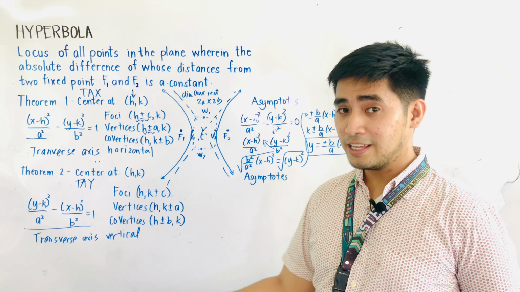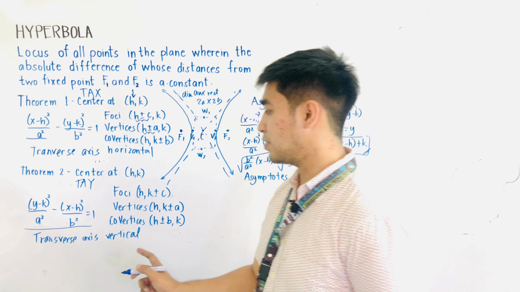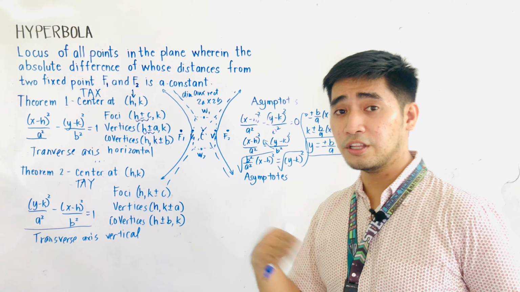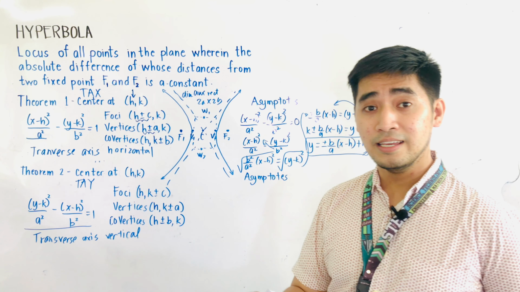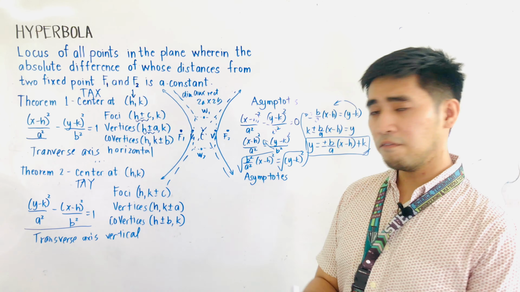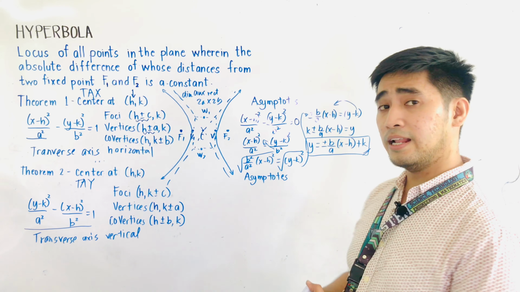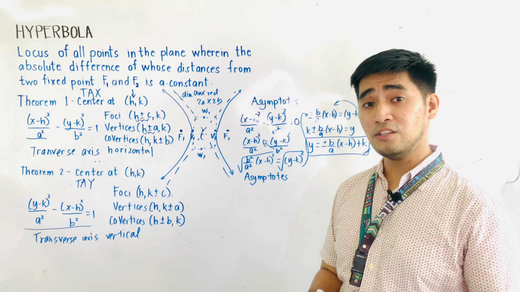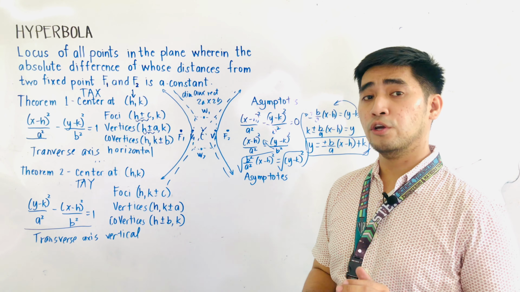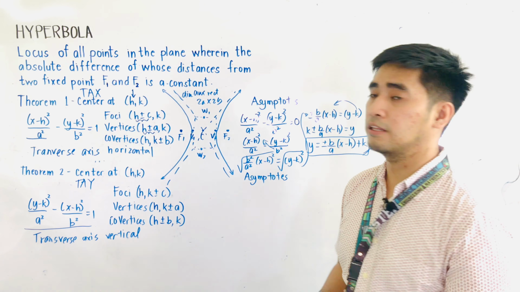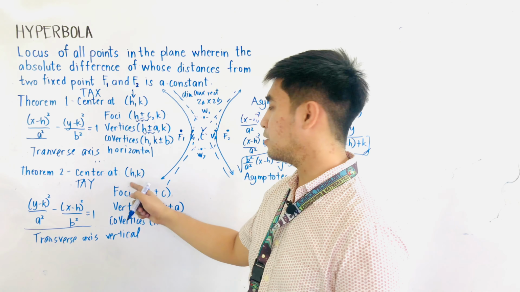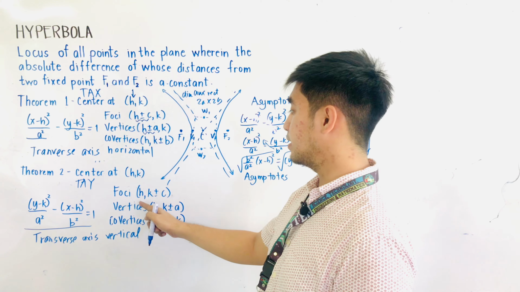And it comes with a squared. Therefore, that is the transverse axis. And the conjugate axis, or the minor axis, is the x-axis. Since we have transverse axis vertical, what will be changing will be the y-coordinate of the center for the foci and the vertices. So, since the center is located at (h, k), therefore, the foci is h,